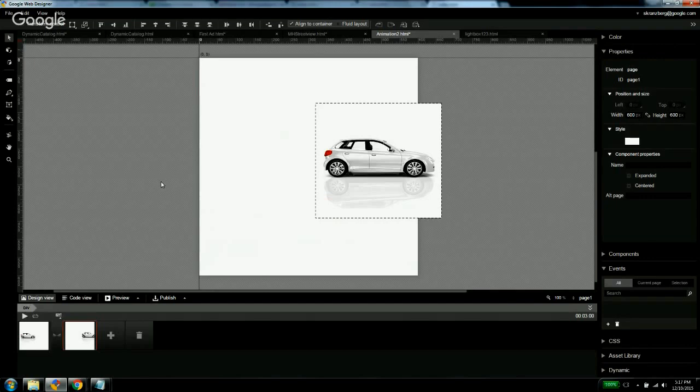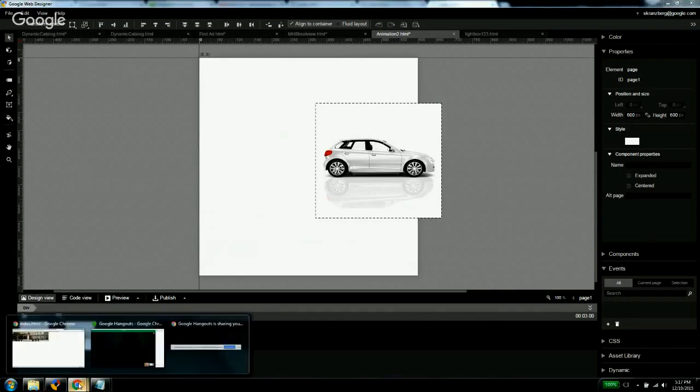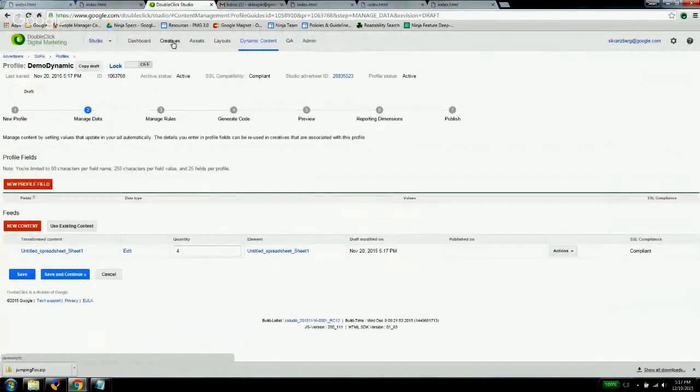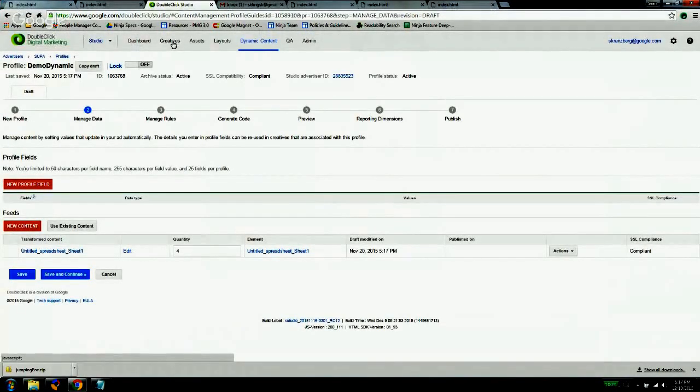So how does this happen? So let's start with where this dynamic information is defined, and then we'll come back to GWD to see how that can be used. So to do that, let me first go into Studio. Now, Studio has this object called profiles, which some of you are probably familiar with. Profiles encompass the data, the dynamic information, and the rules associated with that data on how to select the data for a creative. So let's take a look at one example which I will use during the demo today. Here's a profile called Demo Dynamic. This is